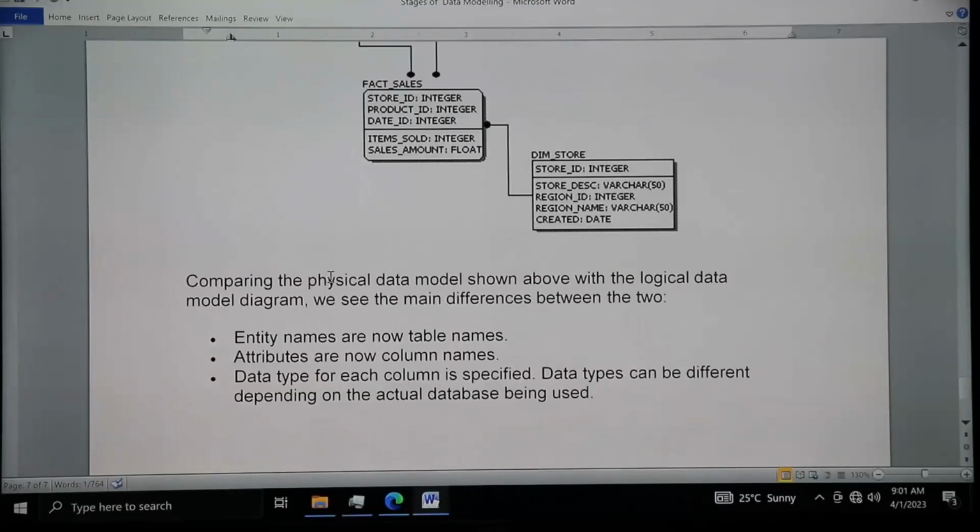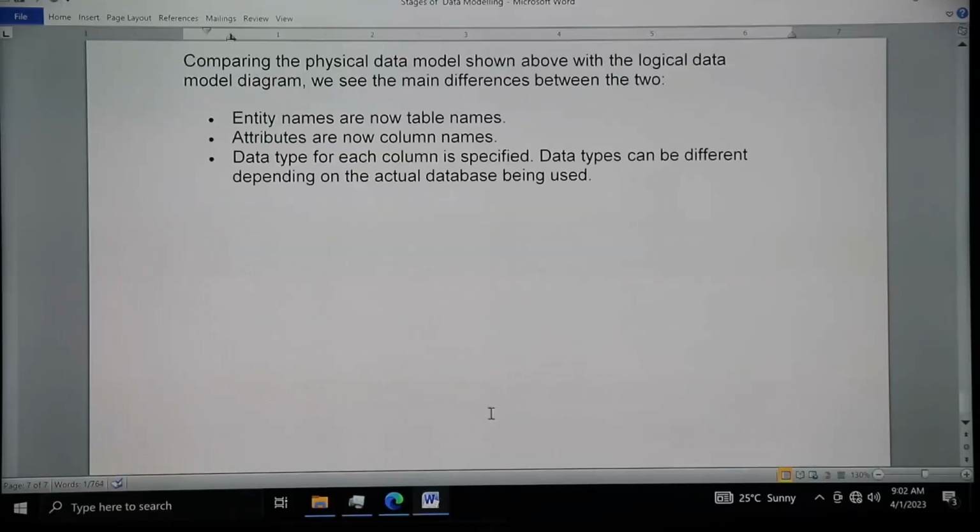So comparing the physical model shown in this and the logical model, the main difference is that entity names are now table names. Attributes are columns. Data types for each column are specified. Data types can be different depending on the actual database being used. And that is the concept of